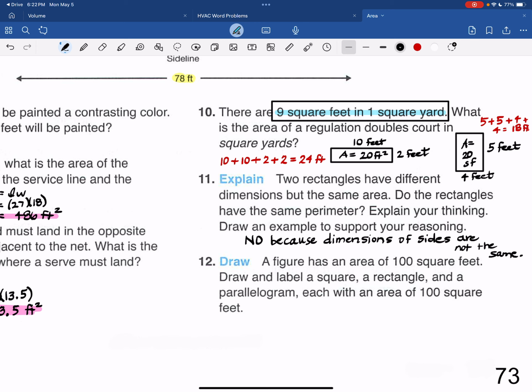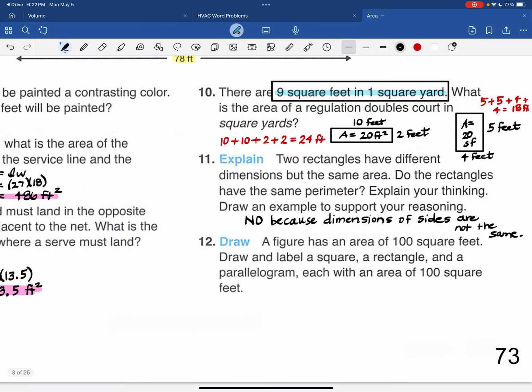Draw and label a square, a rectangle, and a parallelogram, each with an area of 100 square feet. So I'm going to start with the square because that one is the most, I won't say difficult, but it's the most limited. For this to be 100 square feet,